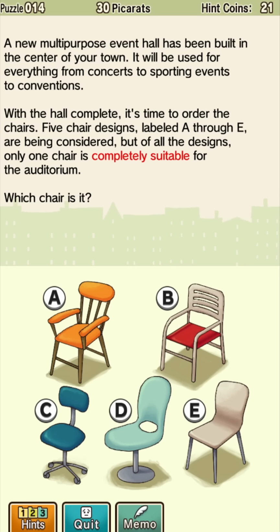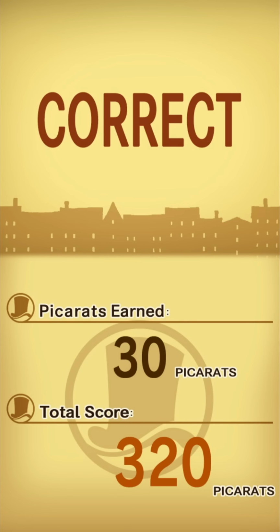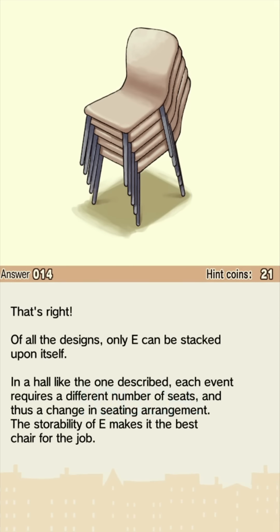I mean, based on what I talked about before with how much seats are used or not used... You can stack these? It's like a school chair? Okay. Did I just guess randomly, or is my reasoning actually the thing? That's right, of all the designs, only E can be stacked! Wait, that's...